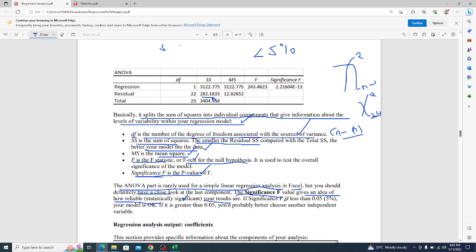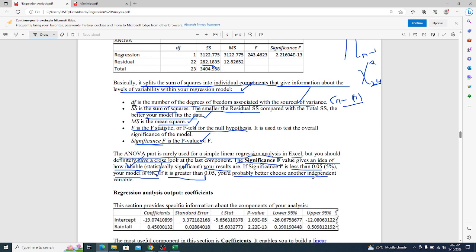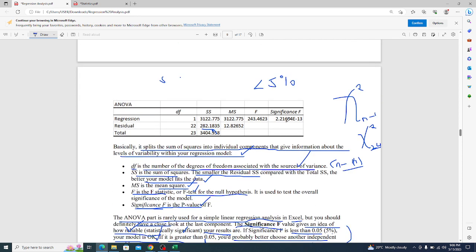For example, if significance F is less than 0.05, which is 5%, then your model is okay and can be reliable. But if your significance F is greater than 0.05, then probably you will need to choose another independent variable. So basically on this ANOVA, or analysis of variance, we focus on the